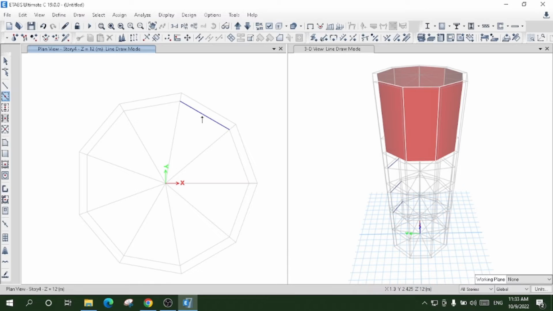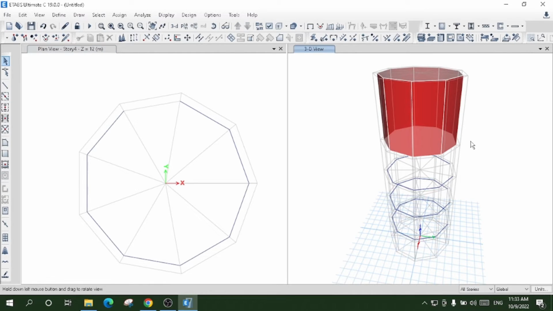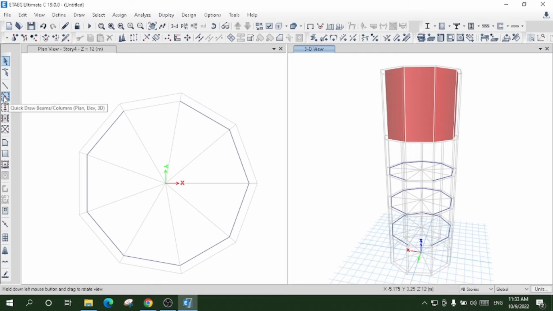Now see, if I select once, all the beams will be applied on other grid lines as well. Escape. So look here, I have created beams as well, beams in the wall,